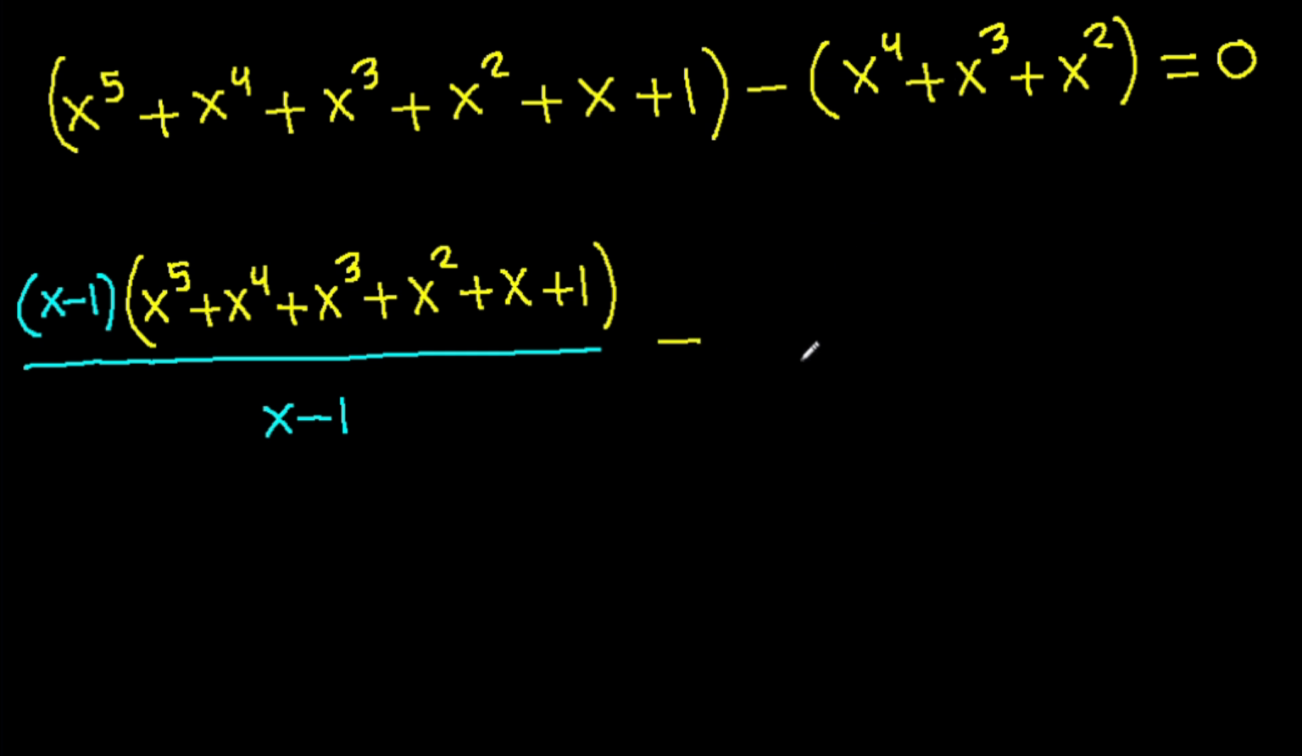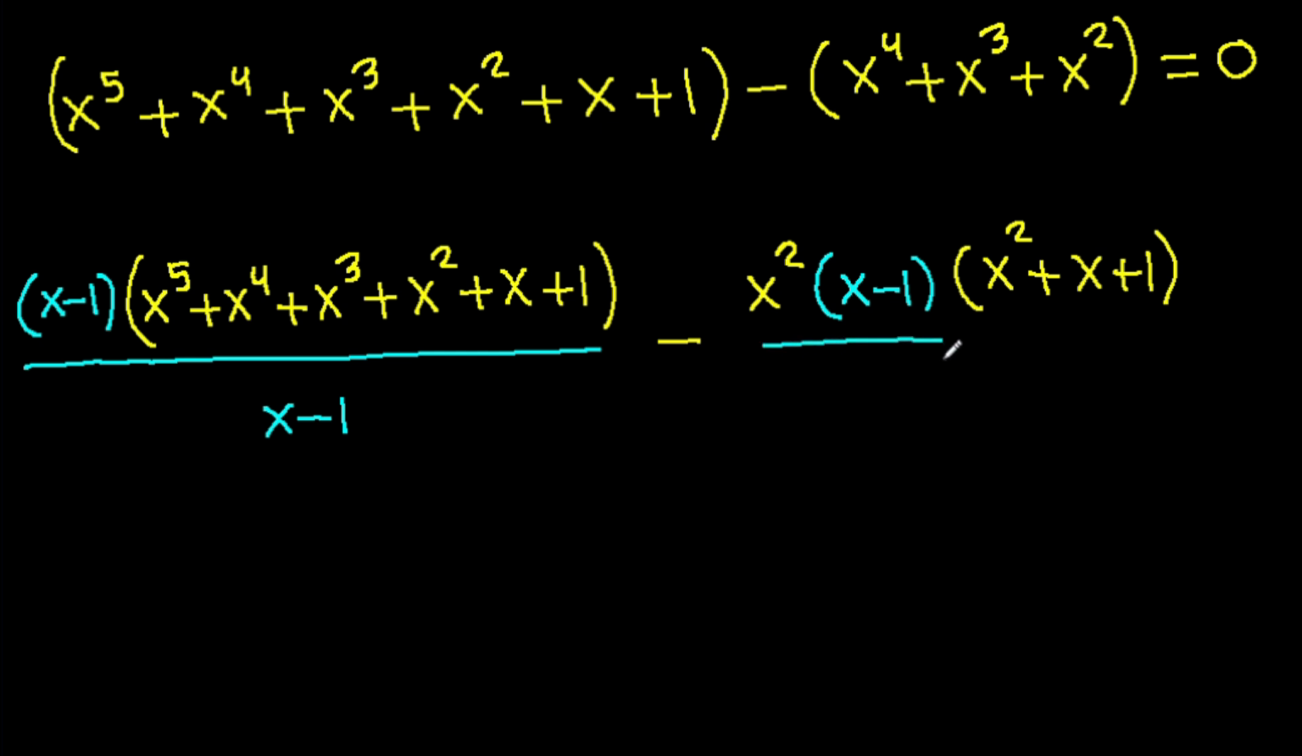minus, and here if we take x square common, then it will be x square plus x plus 1, and again if we multiply it with x minus 1 and divide with x minus 1, it is equal to 0, then